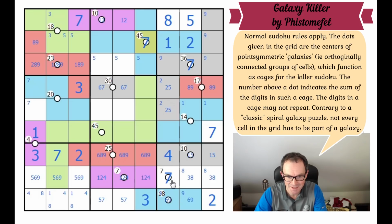4, look, that shifts that over into those squares. That means there's a 4 in the 14 cage in one of those two cells. It's not greatly helpful. There's also got to be a 3 and a 6. So that square can only be a 3 or a 6. So I need to try and do something to...